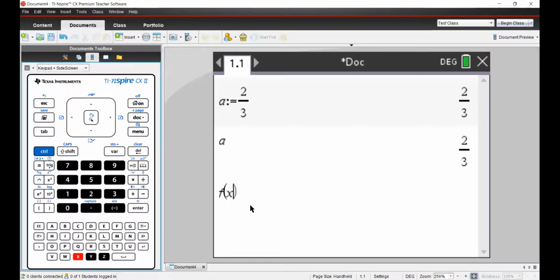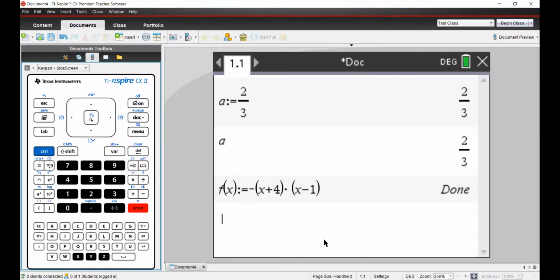Let's say f of x, I want to save a function as f of x. I just say control and this key, this is colon equal to. Now it asks, okay, what is the function? That function is minus x plus 4. I'll come out of this and say multiplied by x minus 1. So this is a quadratic function. I hit enter, it's saved. Okay, it is saved under the memory of TI.